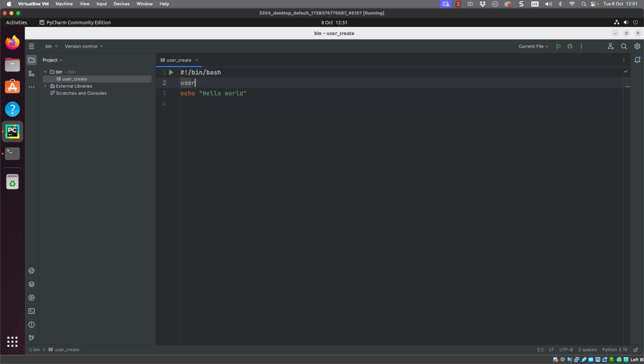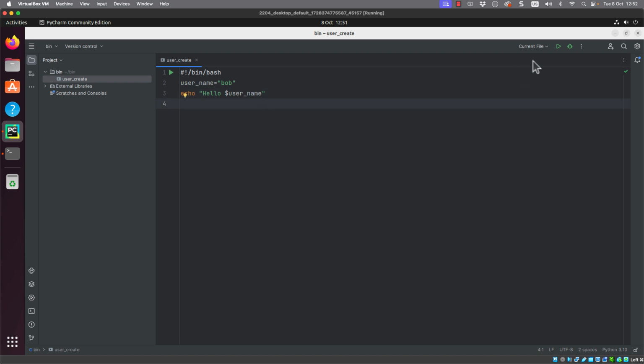Now, at the moment, our script really isn't doing very much. But I can then specify a variable. I can have my user_name, and I can have this hard-coded for the moment to the value of Bob. Now, to use the variable, I can then echo out hello $user_name.